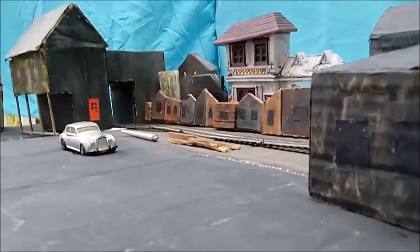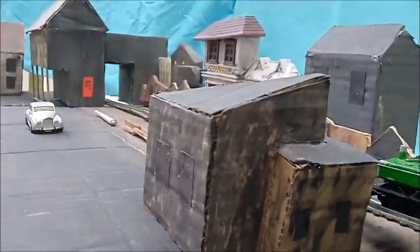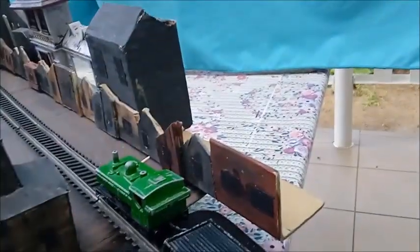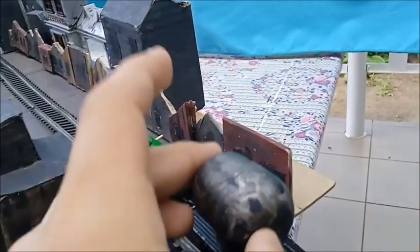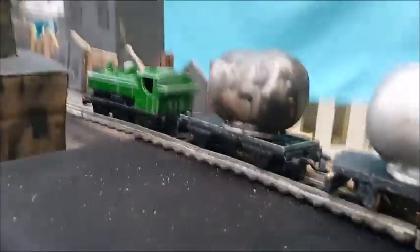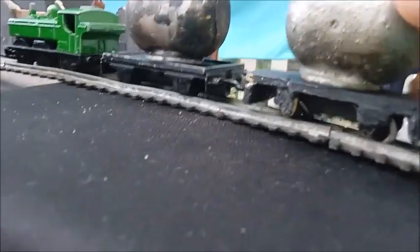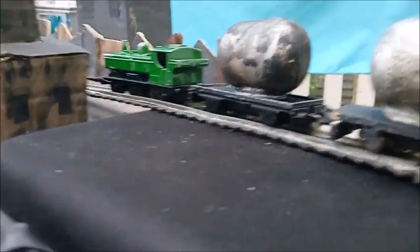Something I did in these videos, which I wish a lot of other people would do in their series, is link them together. For instance, the car you see here is the same one which cut the train off in episode 1. The flatbeds being pulled by the pannier tank engine are the same ones that were being pulled by the diesel. And even the cylinder tanks which are being pulled by the pannier are the same ones used in episode 1, as